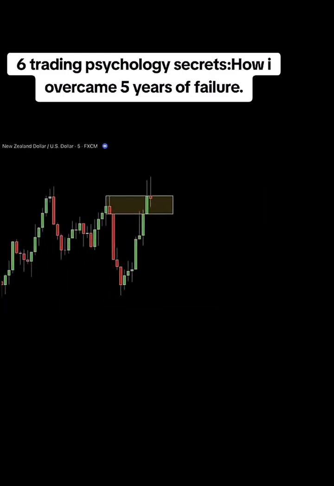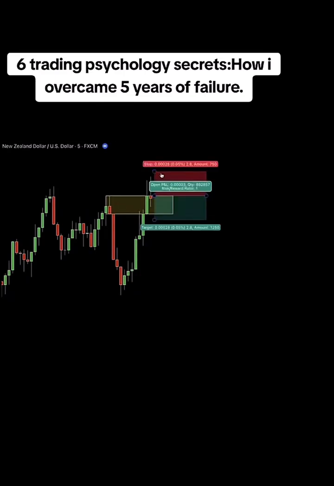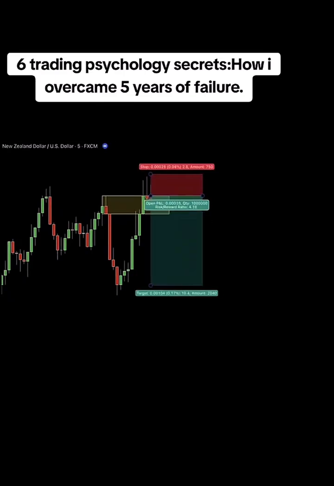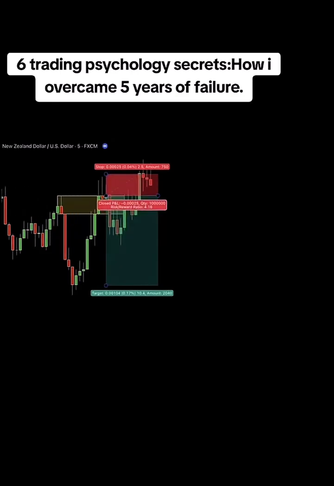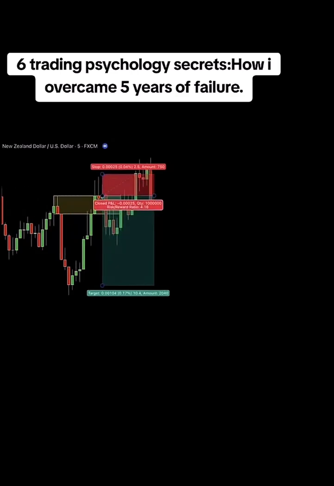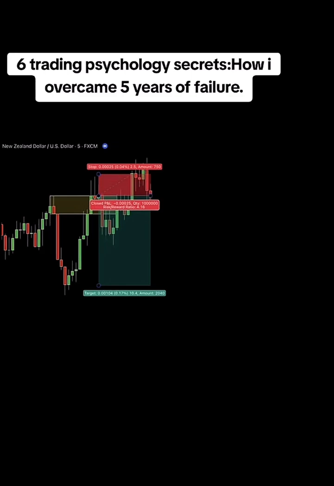Let's talk about a trading mistake that can stall your progress and leave you questioning everything. It's a psychological challenge that almost every trader faces at some point. Picture this. You've done your analysis, the setup looks great, and you take the trade. But things don't go as planned. The trade ends in a loss, leaving you down $120. It's not a huge loss, but it stings. Still, you followed your process, it just didn't work out this time.